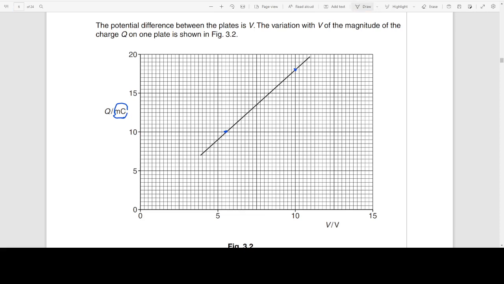If you calculate the gradient, it comes to be around